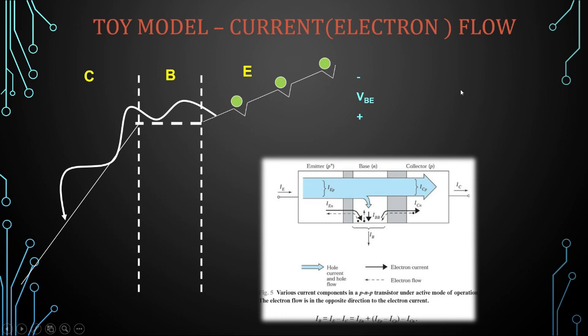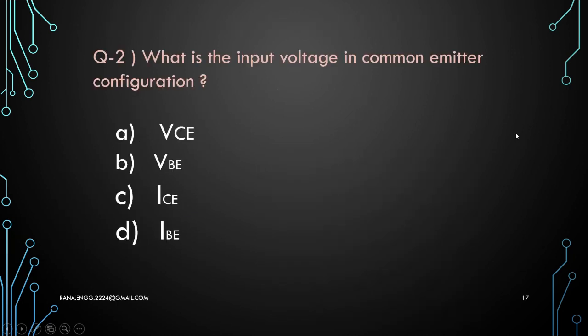Now all of them will move. While moving, out of these three electrons, two reach the collector and one combines with the base. Let's see it one more time. This arrow is going to the base. So out of three, one jumps down for the formation of base current, or recombination, and these two are collected by the collector. So we have to remember this.